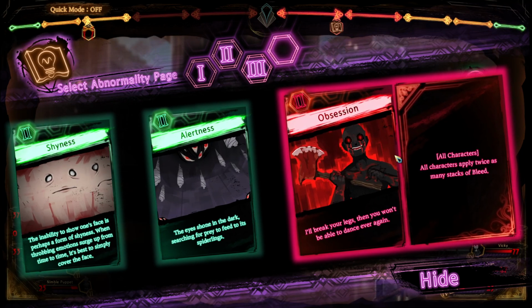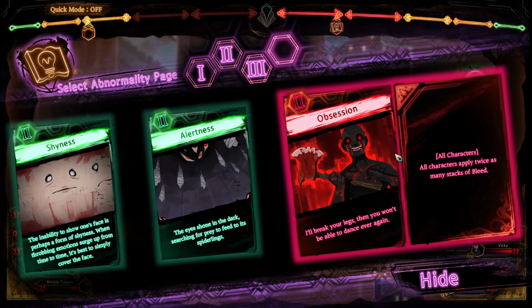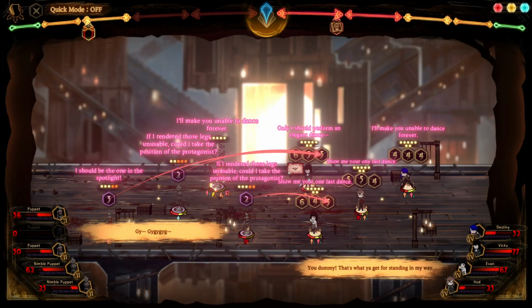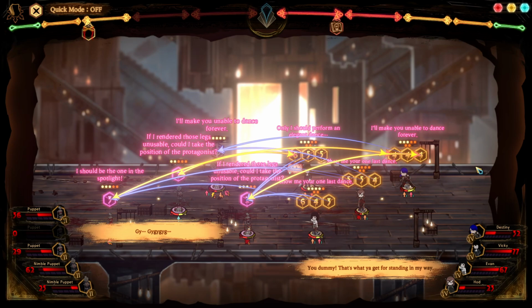All right. All characters apply twice as many stacks of bleed. Yeah, we'll put that on. We'll get that just for Jakan because Jakan is actually doing a lot of damage with it. All right, so